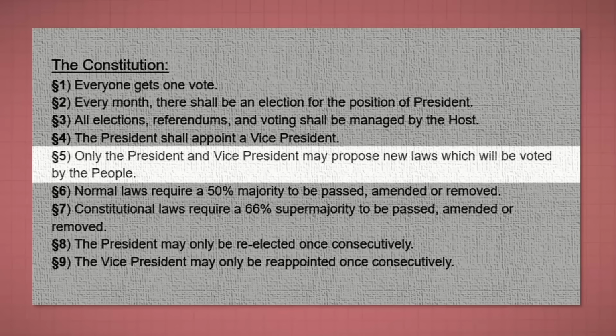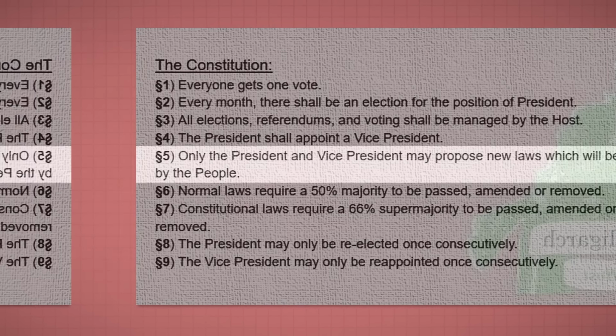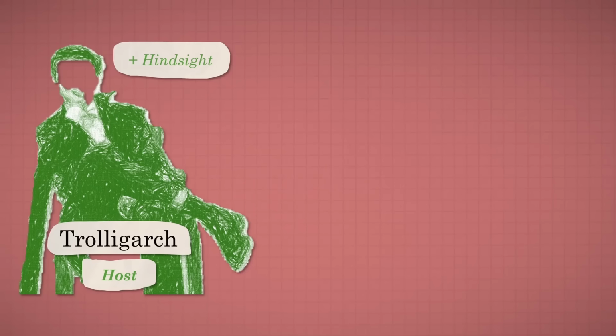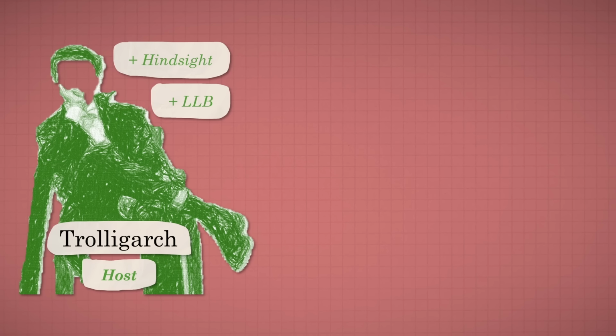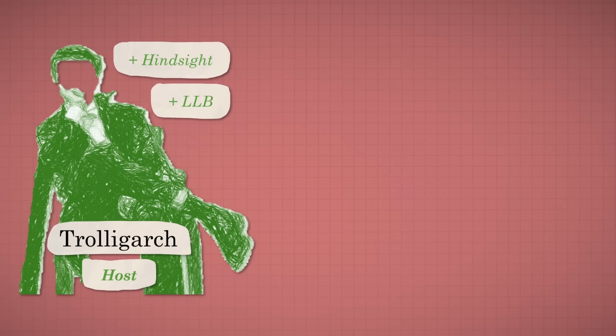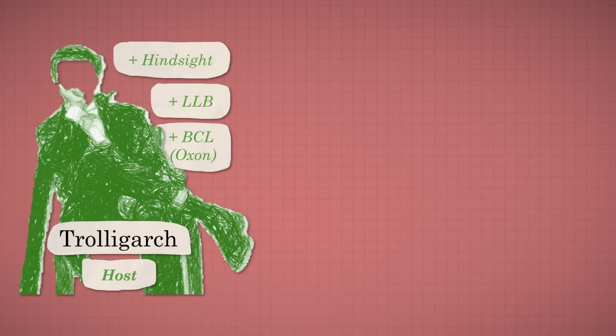Even if the orders were voted on, I'd also have to contend with Section 5 of the Constitution, which stated only the President and Vice President may propose new laws, which will be voted on by the people. I was neither the President nor Vice President, so I would have never been able to propose new laws to be voted on in the first place. With the benefit of hindsight, and a bachelor's in law, and a master's in law, specialising in, among other things, comparative constitutional law,